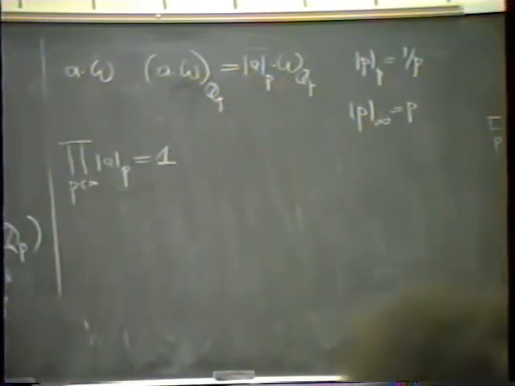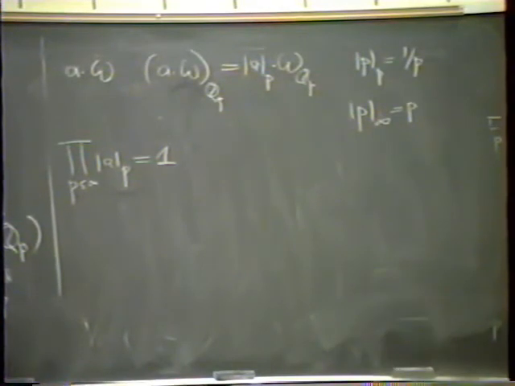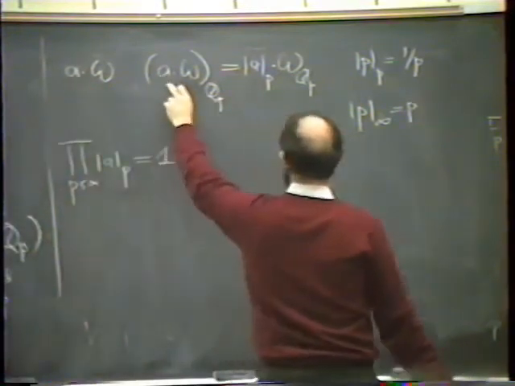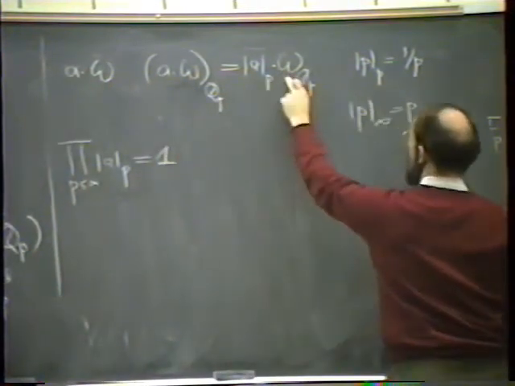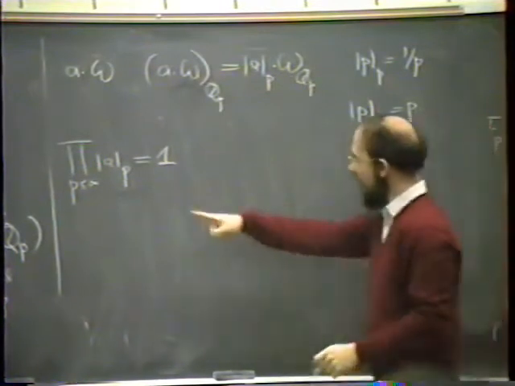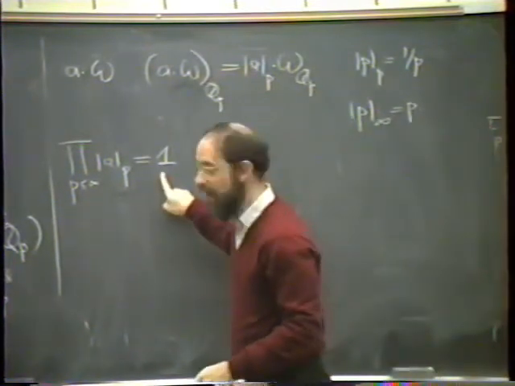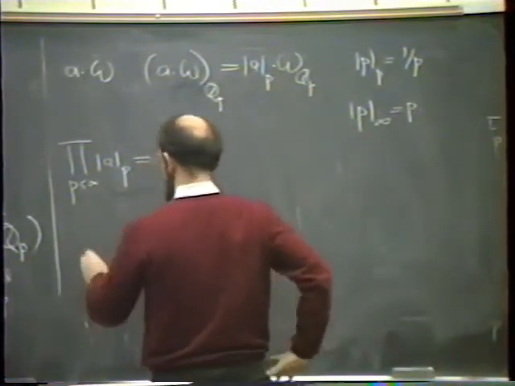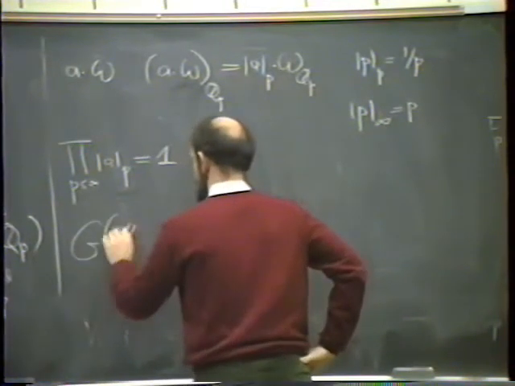So what happens in real life is there's a one-dimensional vector space of these omegas. If we choose a different one, the choice changes the various p-adic measures as indicated here, but the product doesn't change. So that means if I denote by G of the Adeles